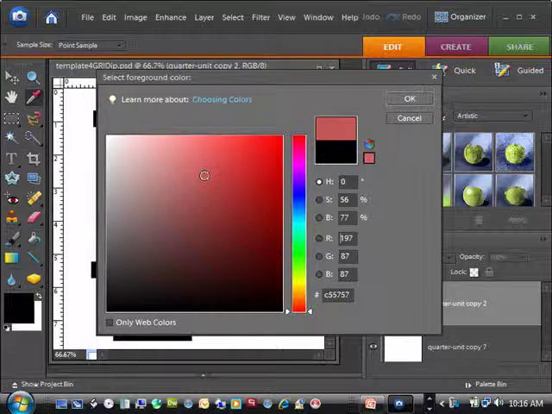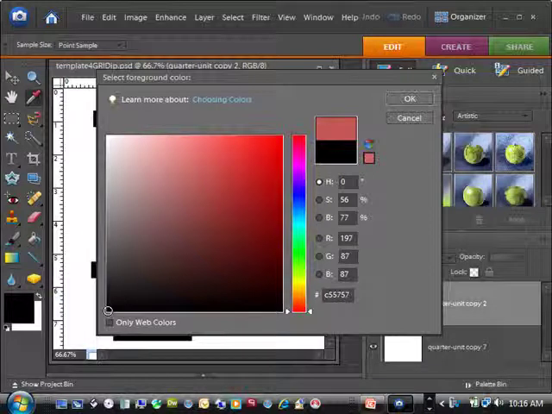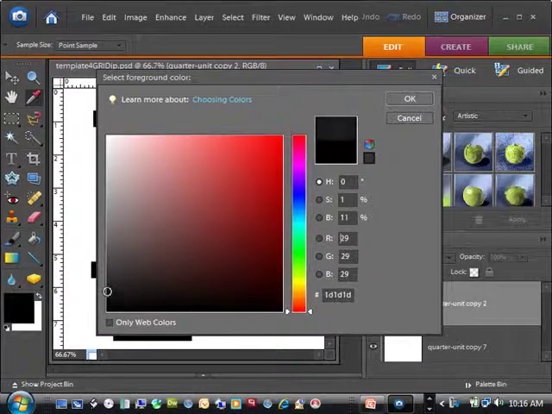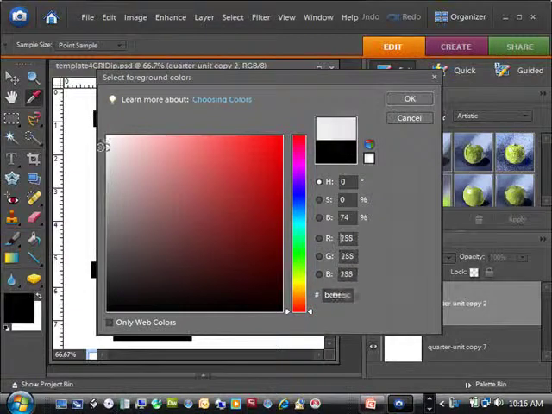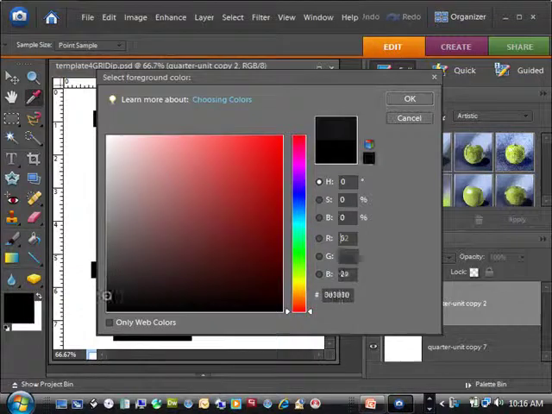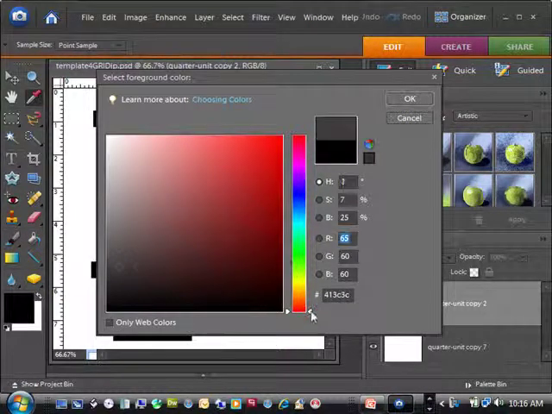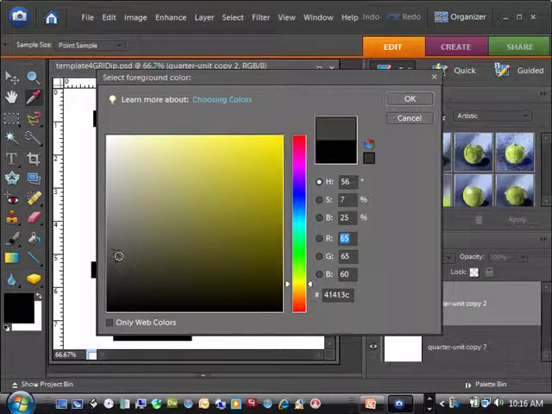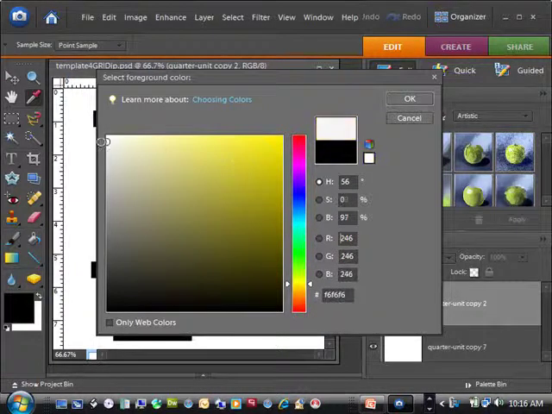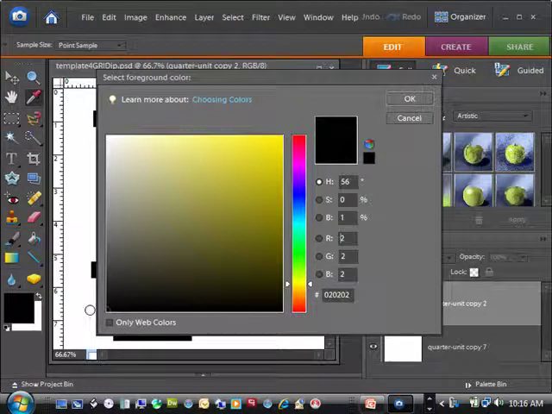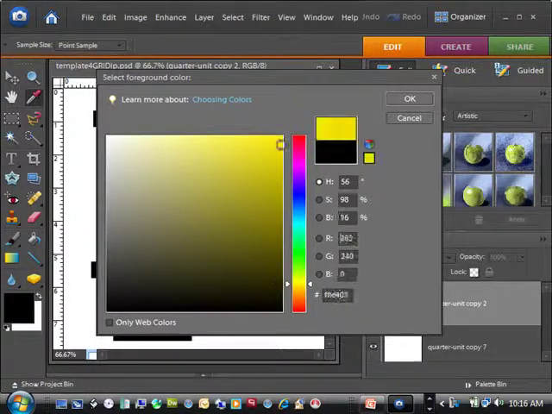So I can move over. If I want just gray, I'll stick all the way over to the left, and I'll move up, and notice that there's nothing that looks like red in my selector. I'm going from white all the way down to like a 50% gray, and then all the way down to 100% gray, which is black. So if I wanted to select a yellow, same idea. I can move any place on here from no yellow to fully saturated yellow,